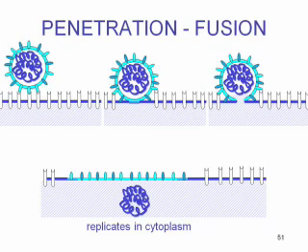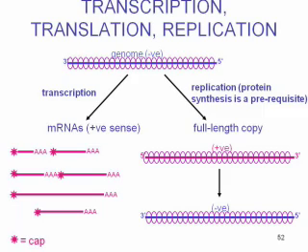This is just a review of that. So the virus binds to the cell membrane. The fusion protein, which in this case, unlike in rhabdoviruses, where the glycoprotein and the fusion protein were part of the same protein, in this case, they're different proteins. And in this case, the fusion protein works at neutral pH, and it fuses directly with the cell membrane, and the nucleocapsid is delivered to the cytoplasm.